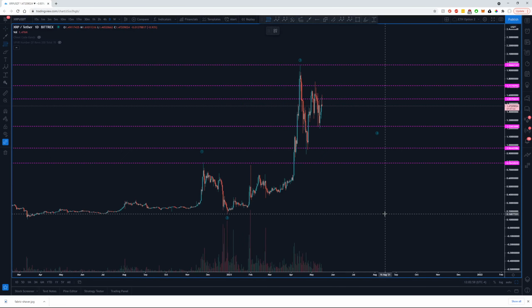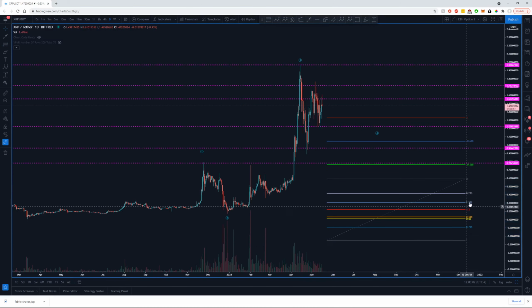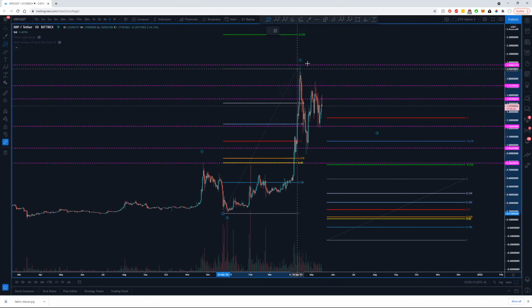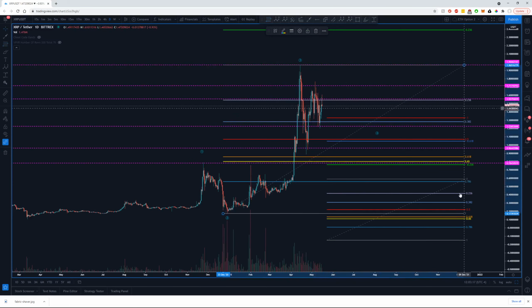So next up, let's put another Fibonacci retracement onto our chart. With a fourth wave, we're typically looking for it to fall between the 0.382 and the 0.5. That's the most likely spot for a fourth wave. So let's put that onto our chart. Let's click from the bottom to the top of our third wave right here and pull it sideways, and I'll